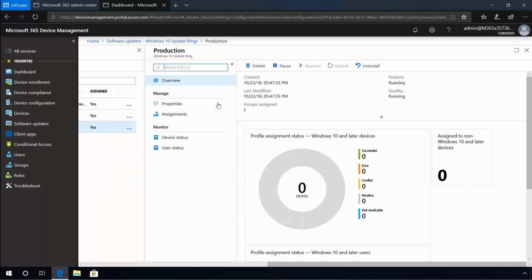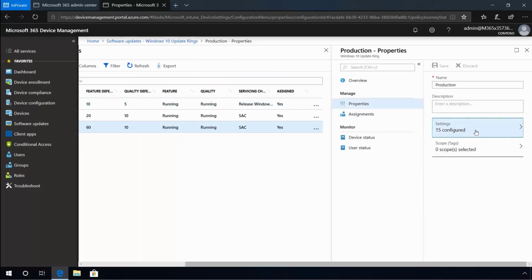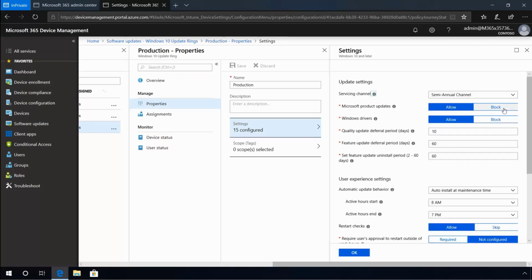and your ADMX files. You can set up, for example, in a production queue, maybe the setting's going to have a longer delay of 60 days or 30 days for a feature update. Of course, during that time, you can continue to defer to get quality updates. So you see the deferral time period there is only 10 days. So you're only always within 10 days of being most up to date from a quality update perspective. You can tighten that number up if you want to, but this will give you a 60-day gap between the feature update release and when that's applied to a broader production deployment